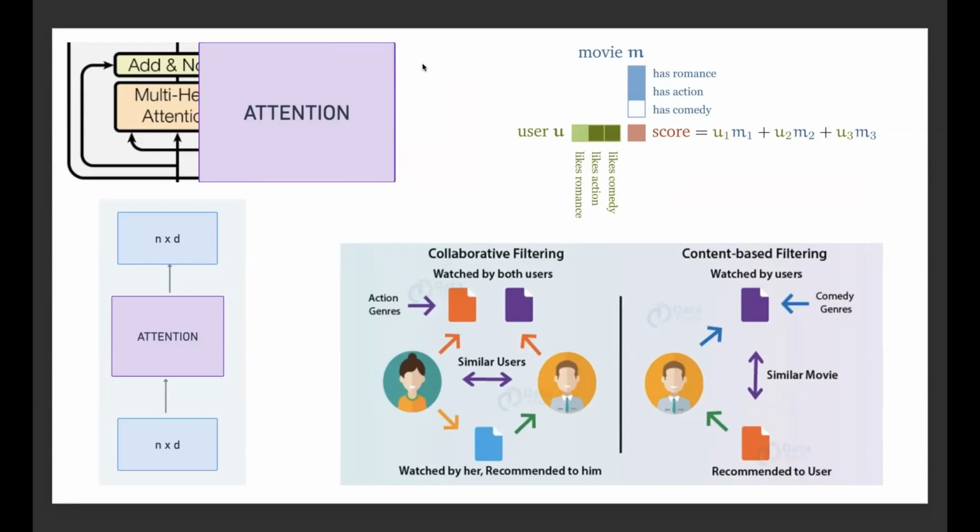Whereas in collaborative filtering, creation of this feature is very tedious. We may not always know what the user actually likes, and the user also may not know. So as the user develops habits, the assumption is that similar users will watch similar movies. Just based on the watching habits of all the users, we are able to recommend what a particular user may like, because a similar user who has watched the same movies may have watched another movie which I may have missed. So the core of attention is to create something like a collaborative filtering,